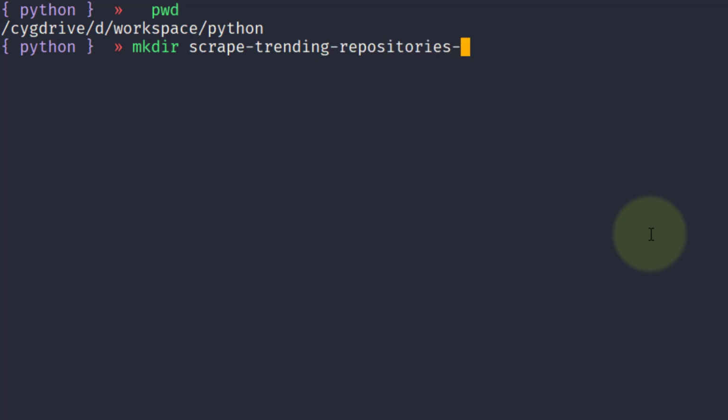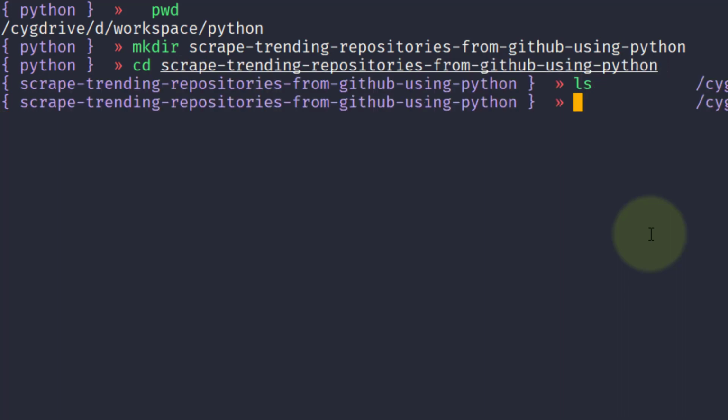I'll give it a meaningful name so that you are able to understand, and later on we can push the code to the GitHub repository. I'll go inside this directory. It is empty now.